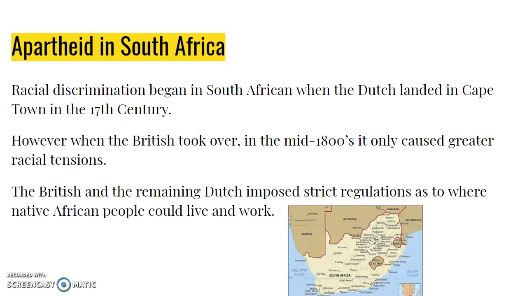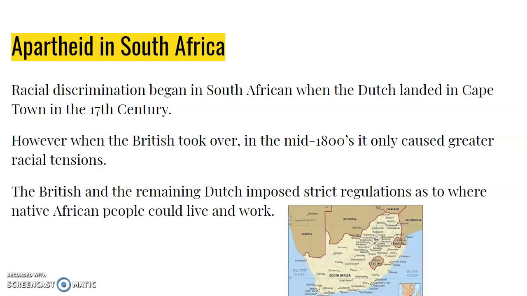So, we had talked about apartheid very briefly when we talked about imperialism. And apartheid is something specific to South Africa, and it had to do with racial discrimination that began when the Dutch landed in Cape Town in the 17th century. So, way long ago, the Dutch first came, and then the British took over after the Congress of Vienna. And remember, the British and the Dutch started warring, and then they were like, why don't